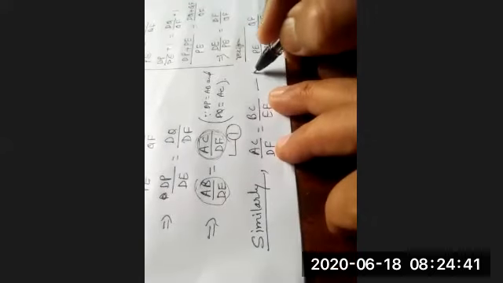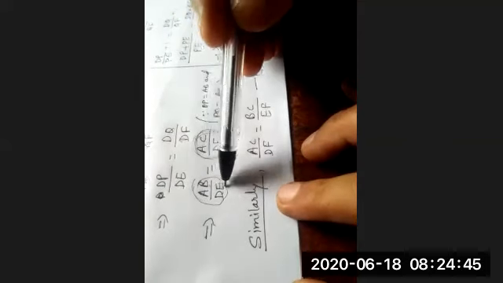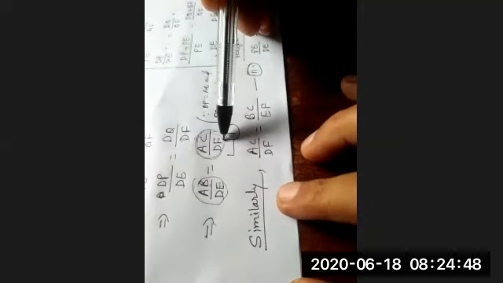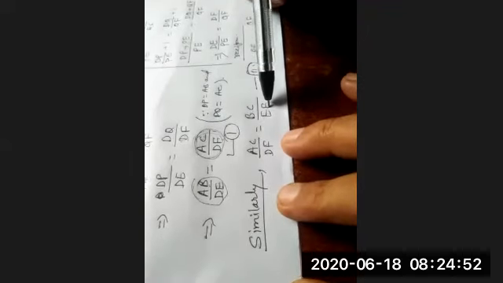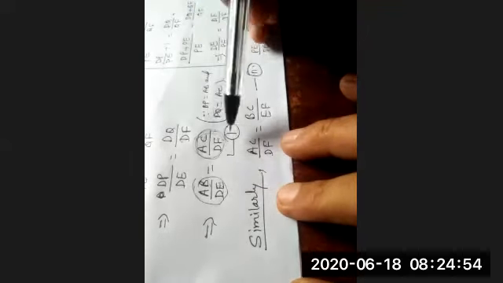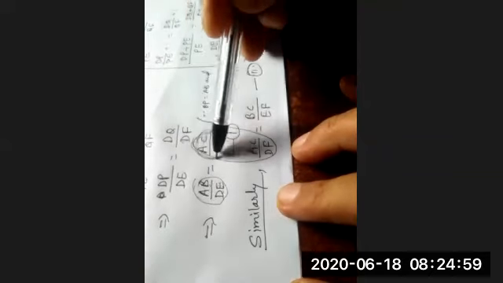Yes, sir. Understanding? So this side and this side's ratio will be equal. So that's why by writing similarly only you can write this. So you can put this thing as equation 2 and see clearly AB by DE is equal to CF by DF and AC by DF is equal to BC by EF. So all these three sides will be equal or not? See here, this part is equal.